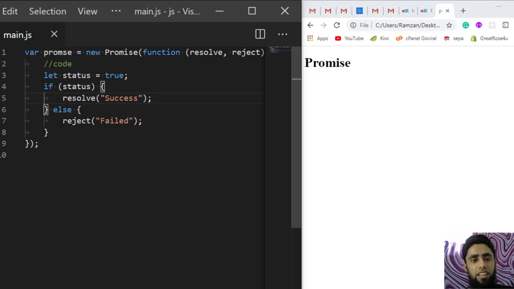And the reject statement is just helping us to know that we somehow got an error. We couldn't fetch any specific data or expected result using the lines of code above this. So unfortunately we are going to reject the promise. These are the two things that we have to know about the promise: if we are successfully getting the expected result, then we are able to resolve the promise, otherwise reject.